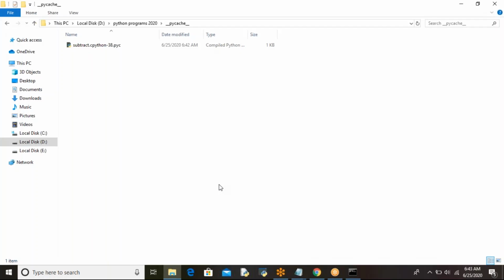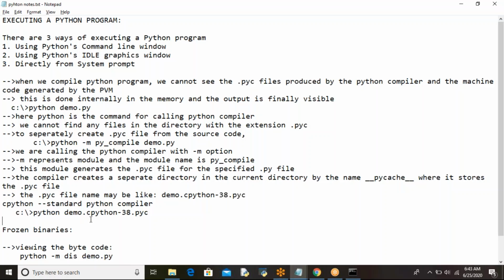Now what I want to do, because the compiled code is there, the .pyc file is there, now I will pass this .pyc file to the Python compiler. What is the use of passing the .pyc file? Simple. Python first performs the compilation process and generates the .pyc file internally. But here we are directly providing the .pyc file. That's why it skips the first step and directly gives that file to the PVM, which executes it into machine understandable format, and finally you get the result.